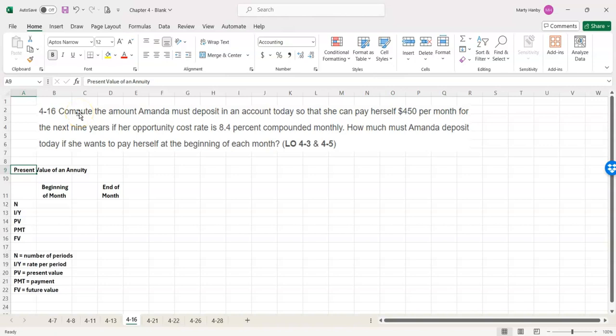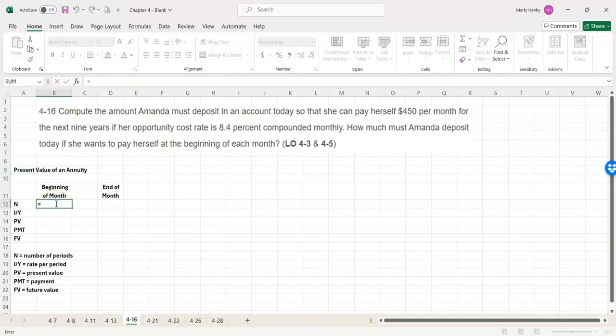So compute the amount Amanda must deposit in an account today so that she can pay herself $450 per month for the next 9 years if her opportunity cost rate is 8.4% compounded monthly. How much must Amanda deposit today if she wants to pay herself at the beginning of each month? So,